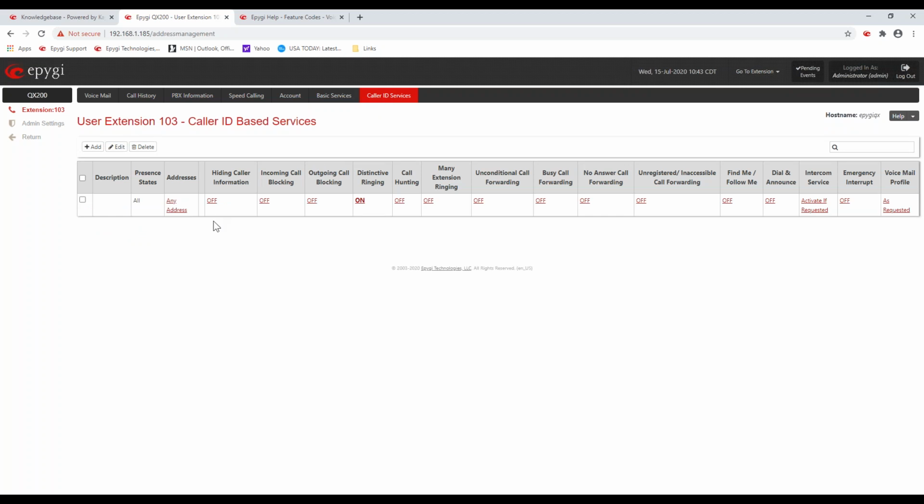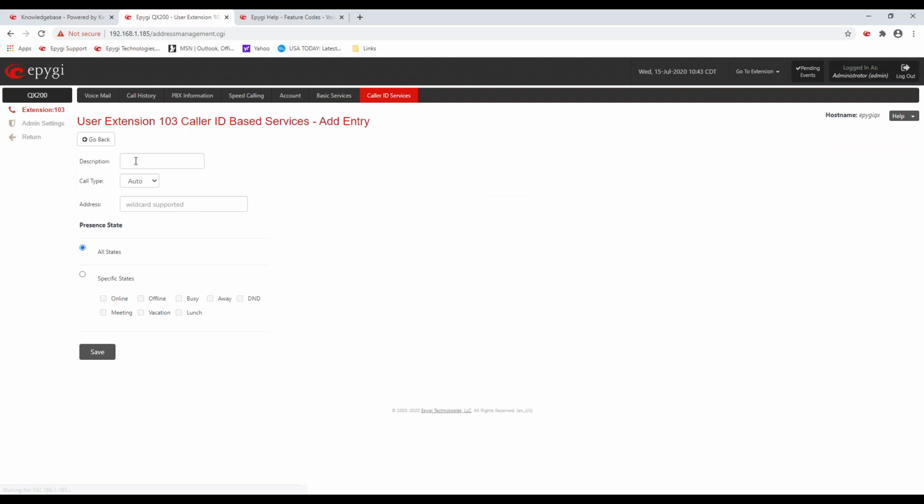Okay, the caller ID services. It's called caller ID services because you can add different features. You can see on this page there are different features that are active when somebody calls this extension. But you could also add a particular caller ID. So for example, I use the auto option, and